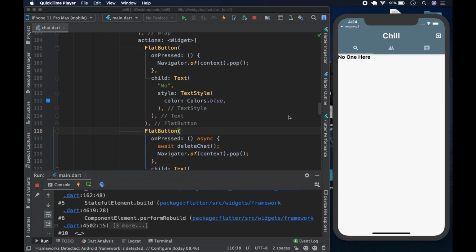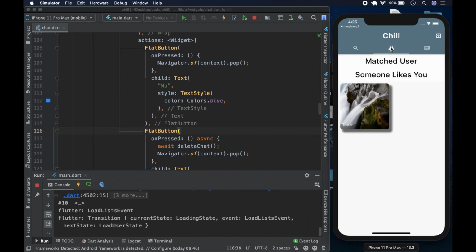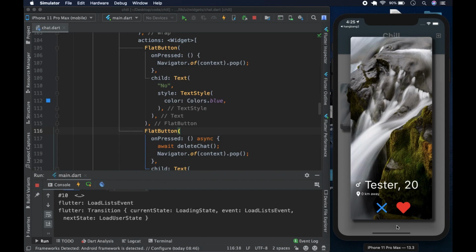And that is this. I have created another account that has liked the account that we are on currently, so that I can show you what I mean. The account is called Tester. Very creative, I know. And how we're going to deal with Tester is that when you click on it, you get all this information plus the X and the heart to decide on whether you choose them or not. And once you click on one of these, it just moves. This tester, let me come here.